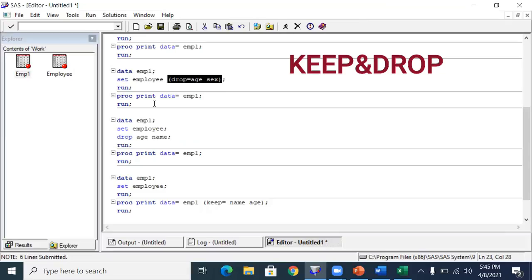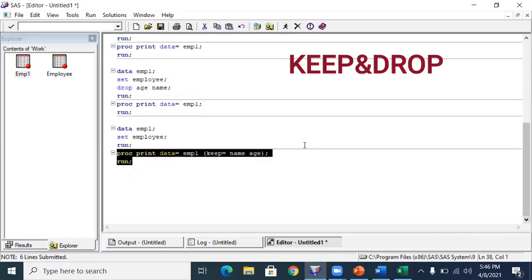In the report, you can see only name and age. But in the data step, you didn't give anything, so it copied everything from the employee table, that means from your parent data set. But while printing, you have given keep name and age, so it printed only those variables. Hope you understood.